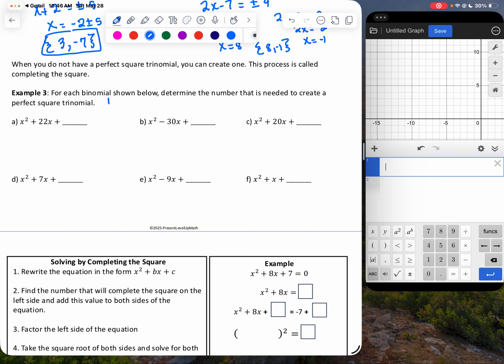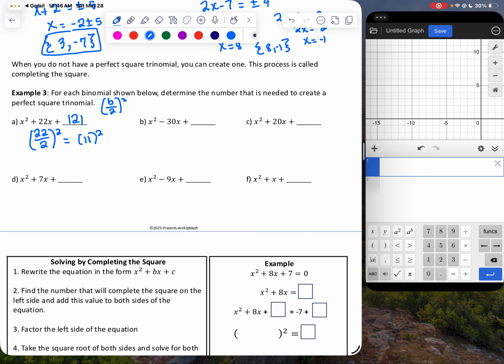Now to do this, we're going to take the coefficient of b, divide it by 2, and then square it. So you might want to write that down. Take the coefficient of b, divide it by 2, and then square it. So for problem A, we have x squared plus 22x plus blank. What would we have to put in the blank to create a perfect square trinomial? So you'll take your coefficient of b, which is 22, divide it by 2, and then square it. So this would be 11 squared, which is